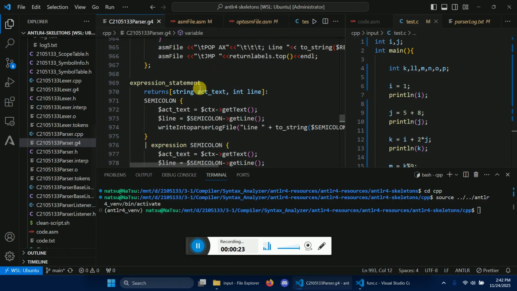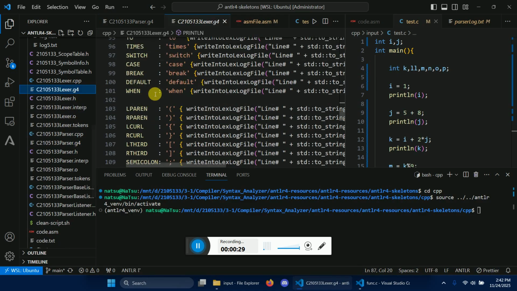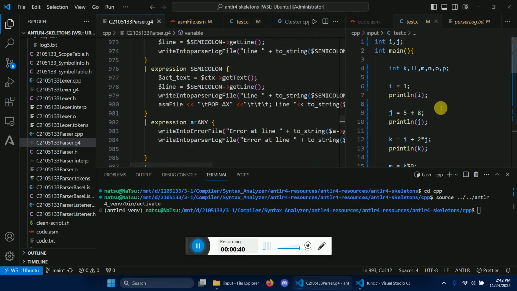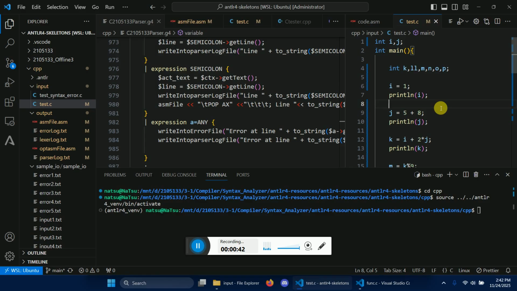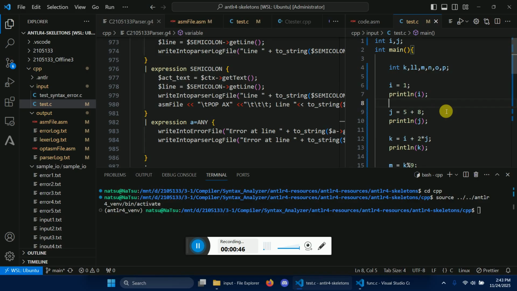The main files are the parser files and the lexer files, where the patterns are stored, as well as the scope tables, the symbol tables, and symbol info. So let us run a code. On my right we have a code, test.c. We're gonna run this and generate the output, which will be an assembly code,